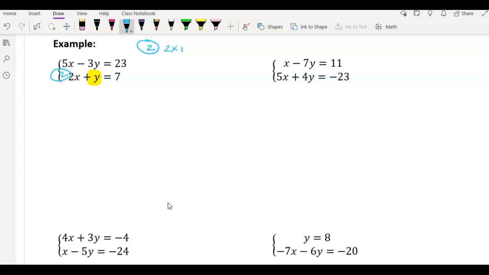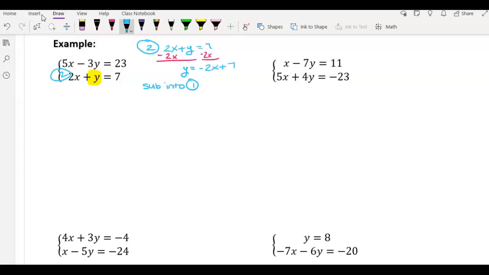So I have 2x plus y equals 7. My goal is to get y by itself, so I'm going to subtract 2x from both sides. So I have y equals negative 2x plus 7. Now that I have a variable isolated all by itself, I'm going to take that knowledge and substitute it back into the first equation. So sub